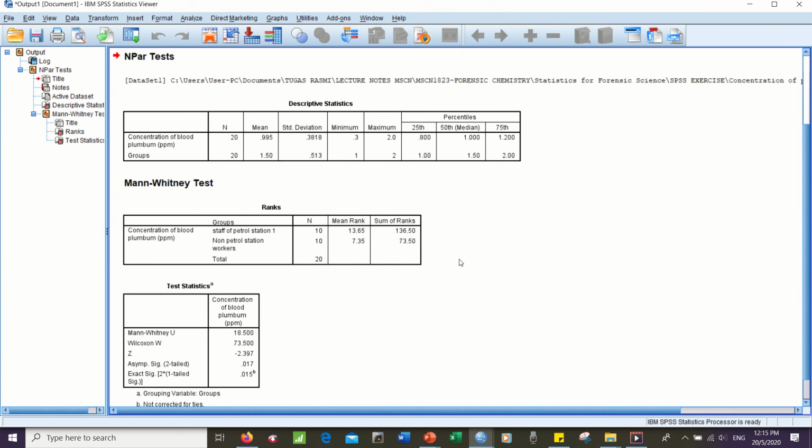Alternatively, you can report the median with the range in brackets, the minimum and the maximum. The minimum is 0.3, the maximum is 2.0. So now we go to the test statistics. Based on the hypothesis, whether you have a two-tail or one-tail hypothesis, but in this case, the p values are